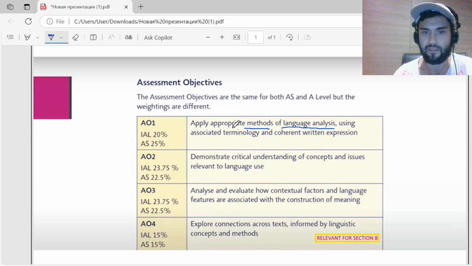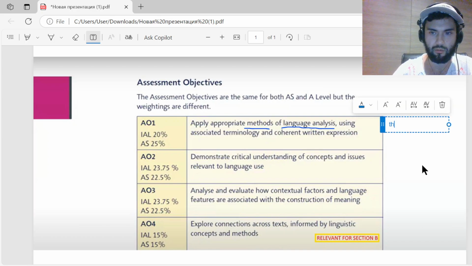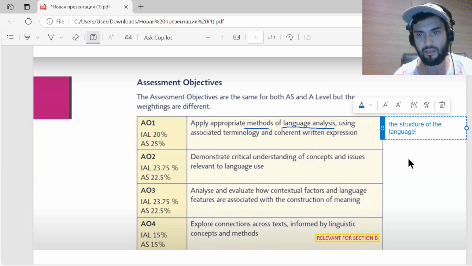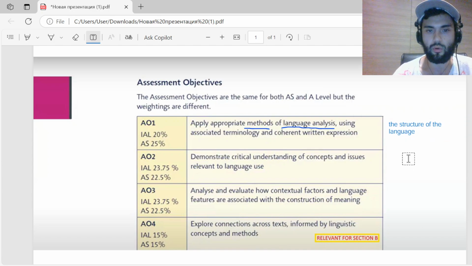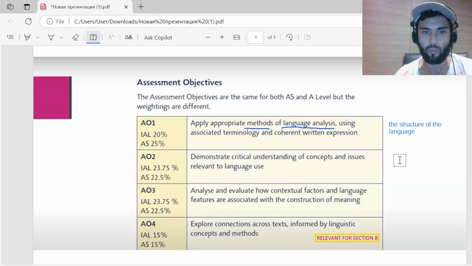Methods mean that you take some approach which primarily should deal with the structure of the language, which is language as a system. So you obviously consider morphology, syntax, lexis and semantics, discourse and pragmatics, and you apply the structural approach when dealing with the points that you're making, which leads to the second assessment objective, sorry,